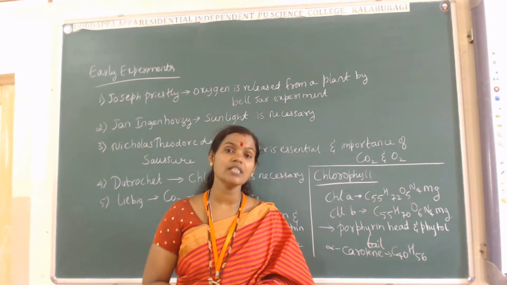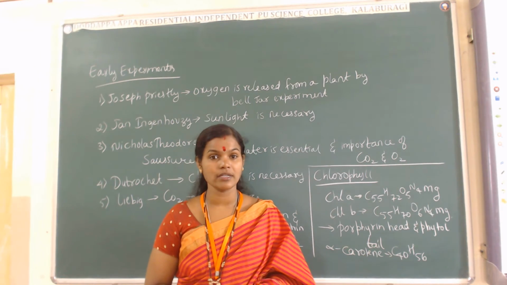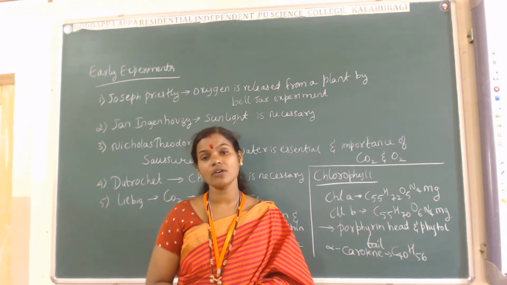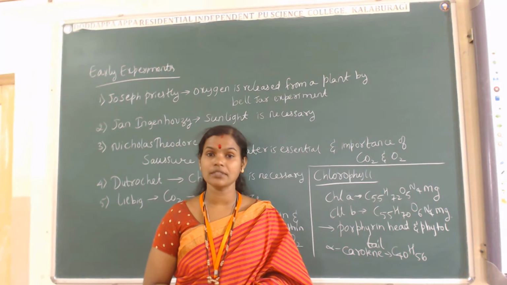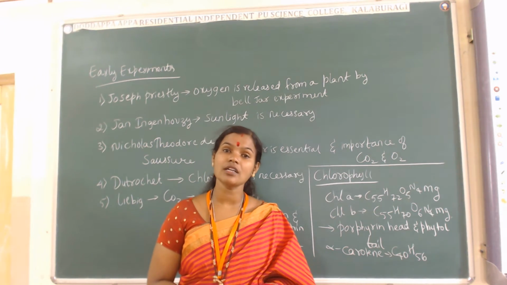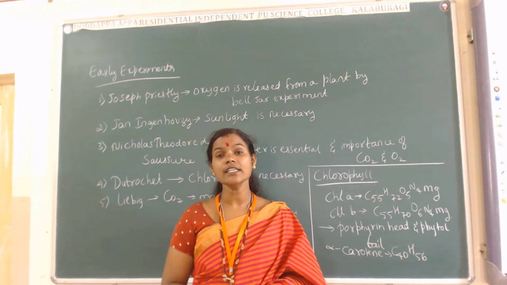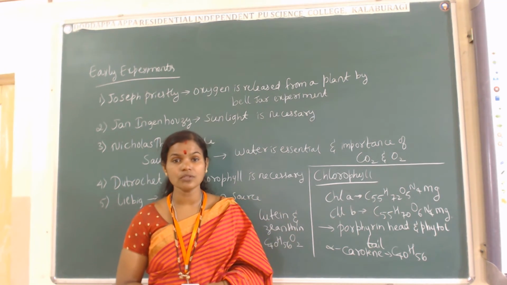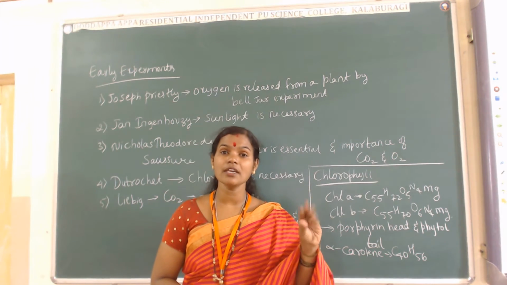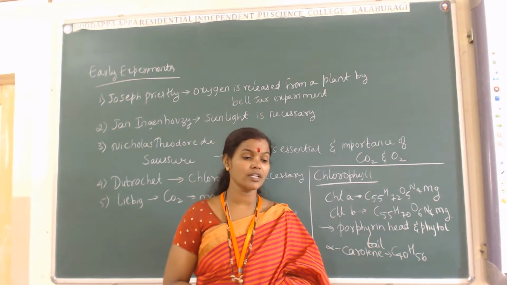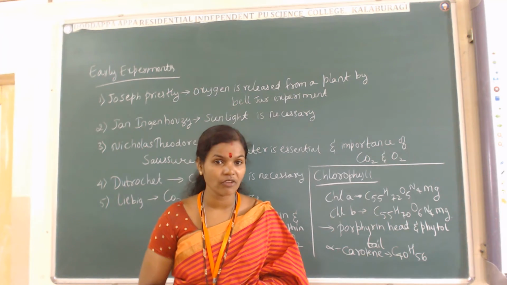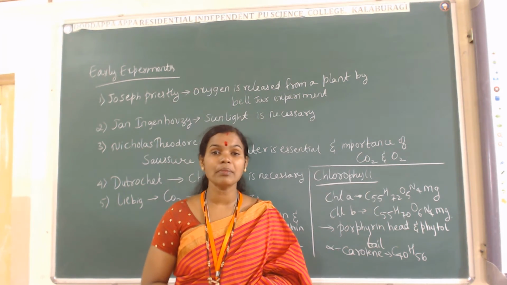Those bacteria which have the chlorophyll pigments undergo the process of food synthesis, or photosynthesis, and those are called as what? Photosynthetic bacteria. And these photosynthetic bacteria also consist of 5 pigments: chlorophyll A, B, C,